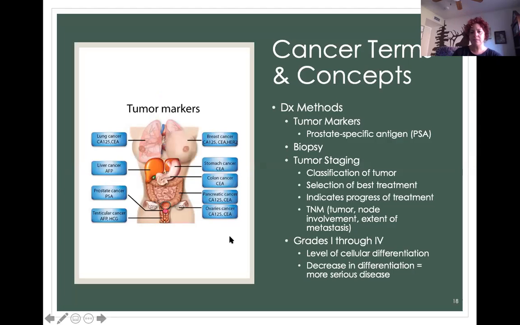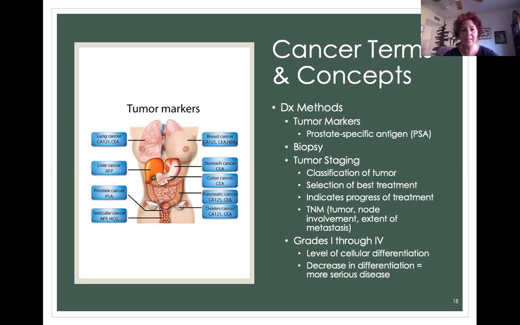Cancer terms and concepts continued. So the book talks about tumor markers and tumor staging and different grades of tumors. And that's all kind of confusing. So I just kind of tried to cook it down here and give us some images that would kind of make sense. So tumor markers are chemicals that the